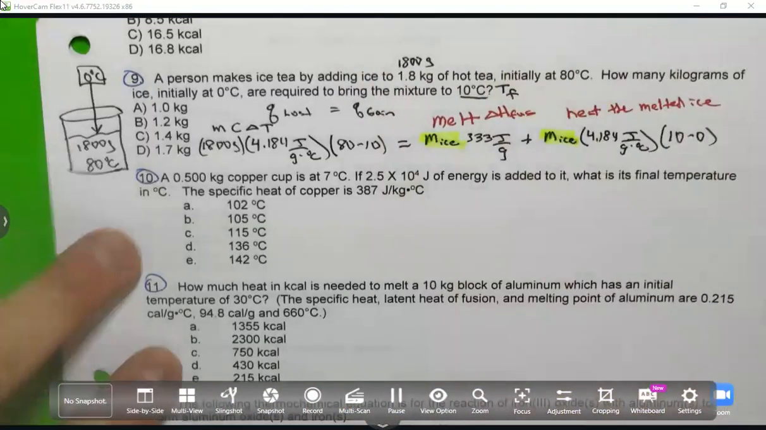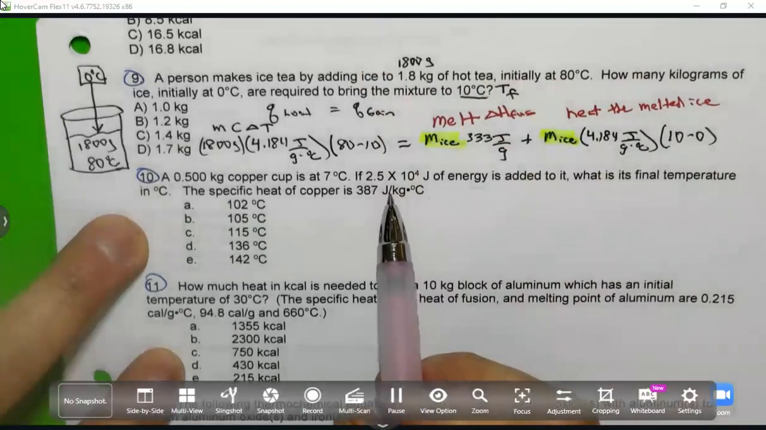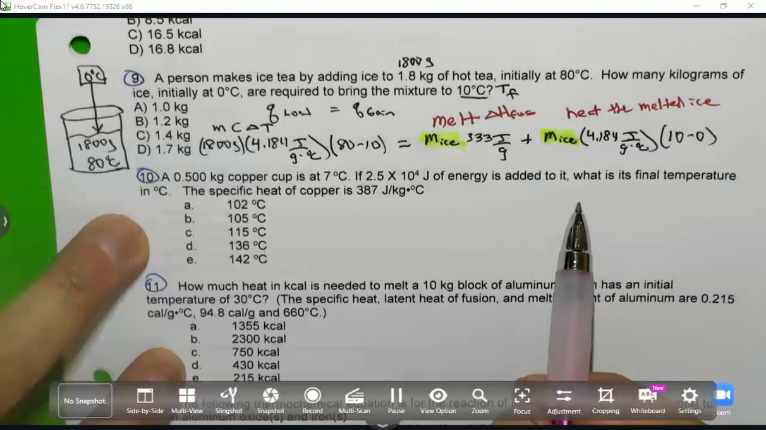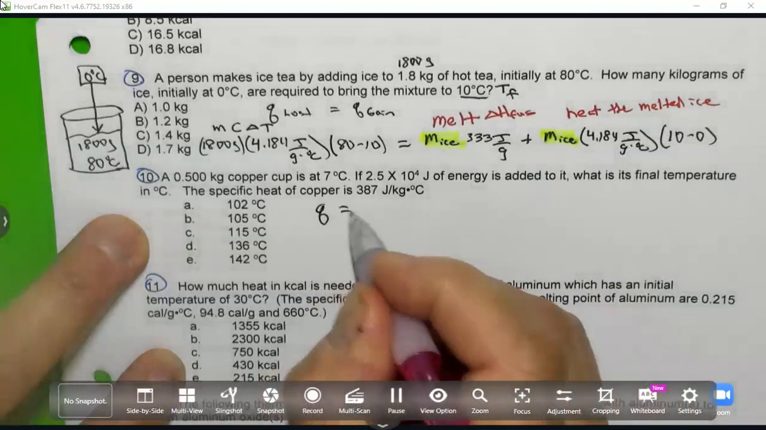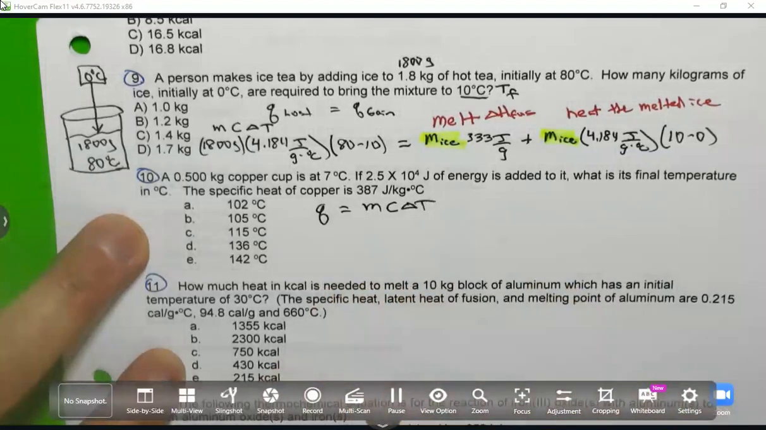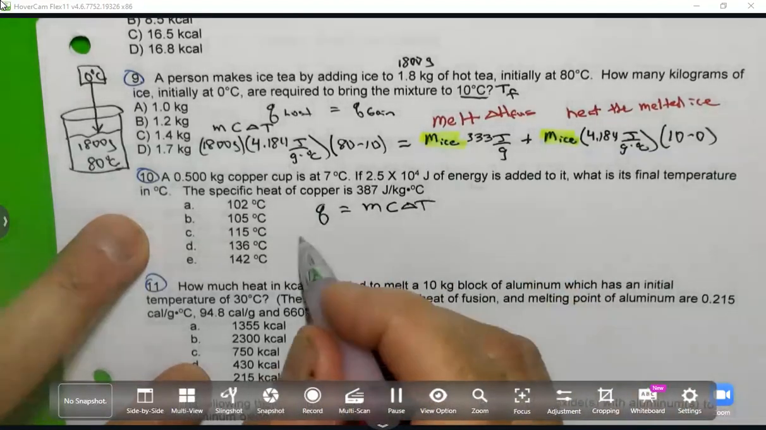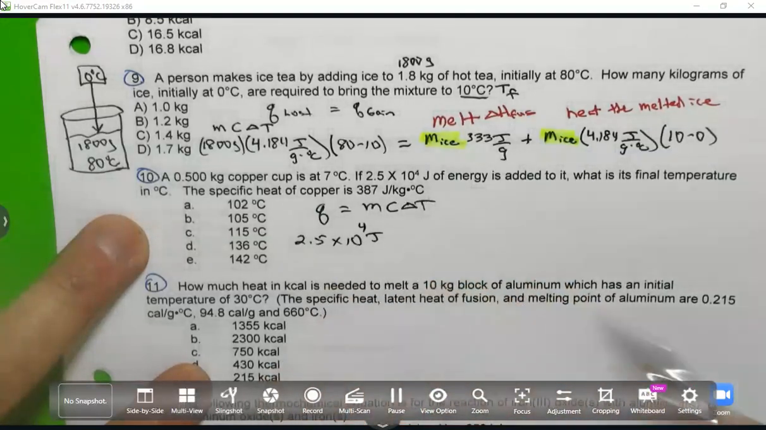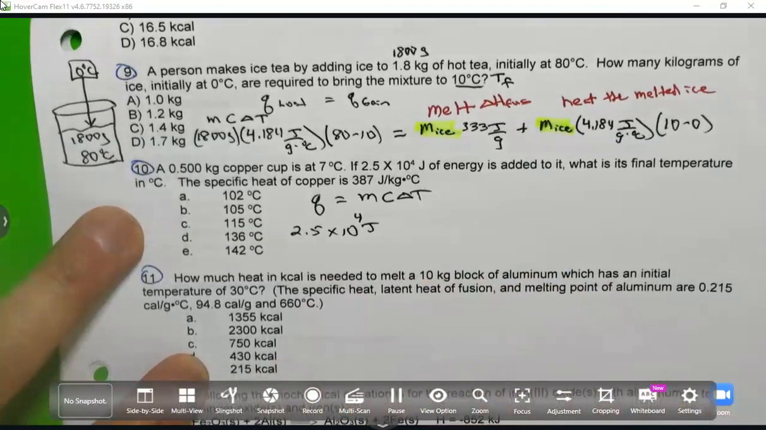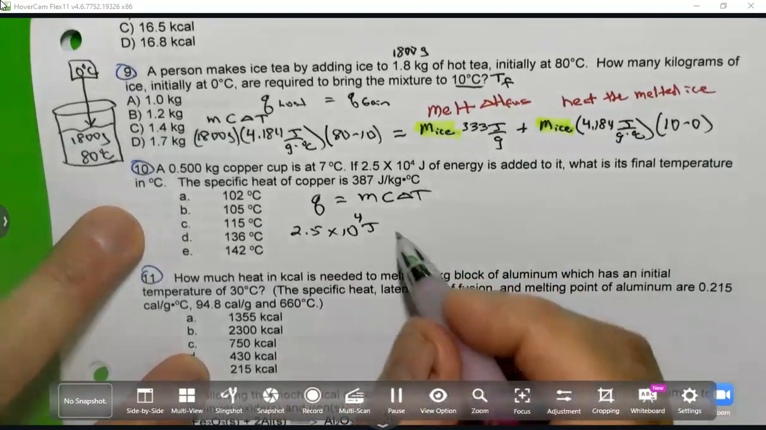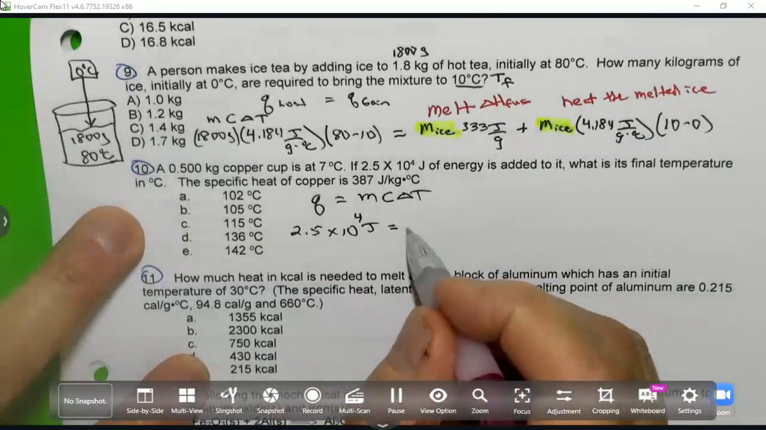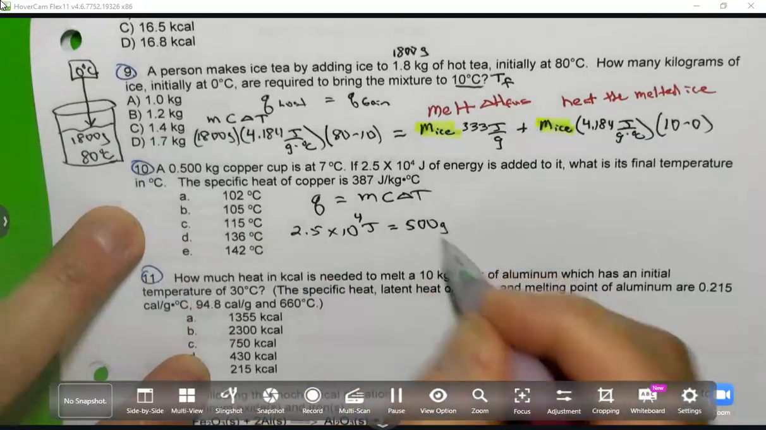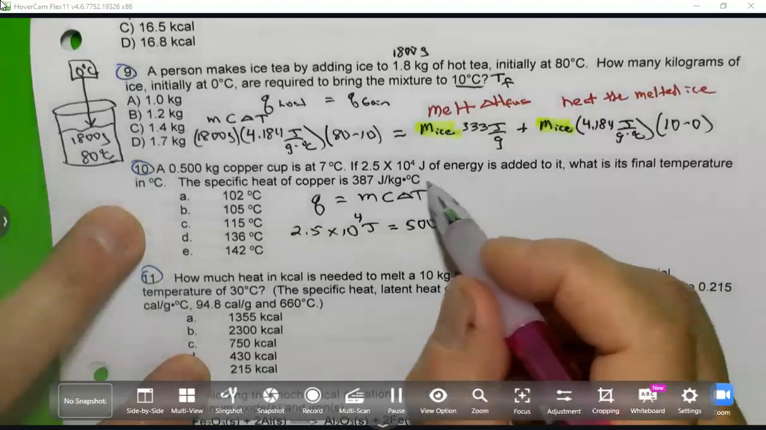Okay, let's see what we got on number 10. You've got copper. What is the final temperature? So this is going to be Q is equal to MC delta T. We are adding 2.5 times 10 to the 4th joules of heat energy to a mass of 0.5 kilograms, 500 grams. And the specific heat of copper